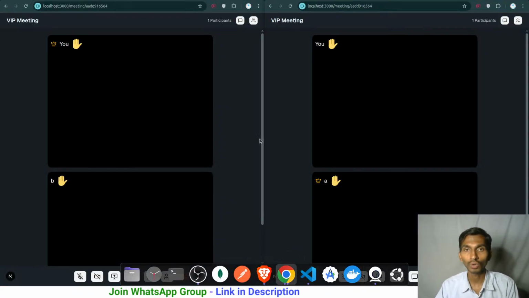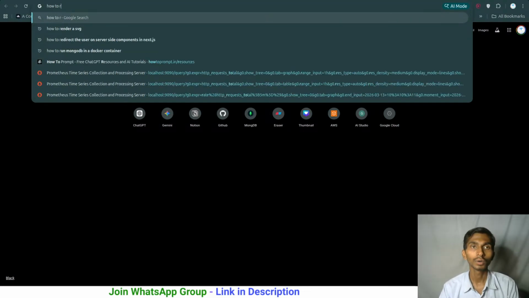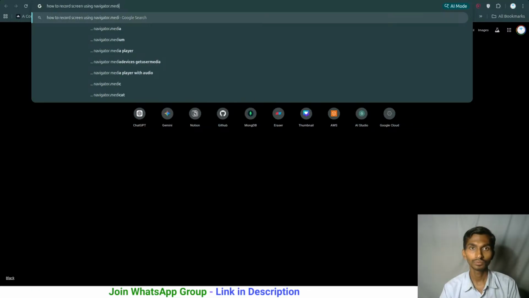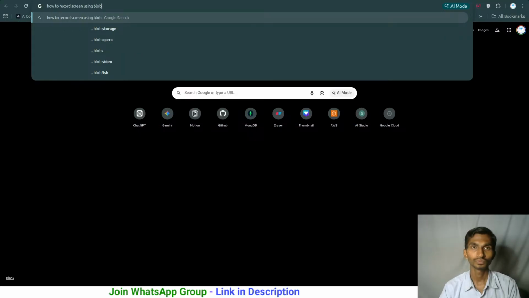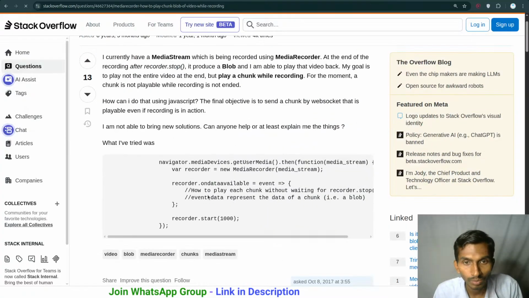If you simply search on Google, how to record screen using navigator media devices, using blob storage, how to play a chunk and blob of video while recording. Let's check how this works.